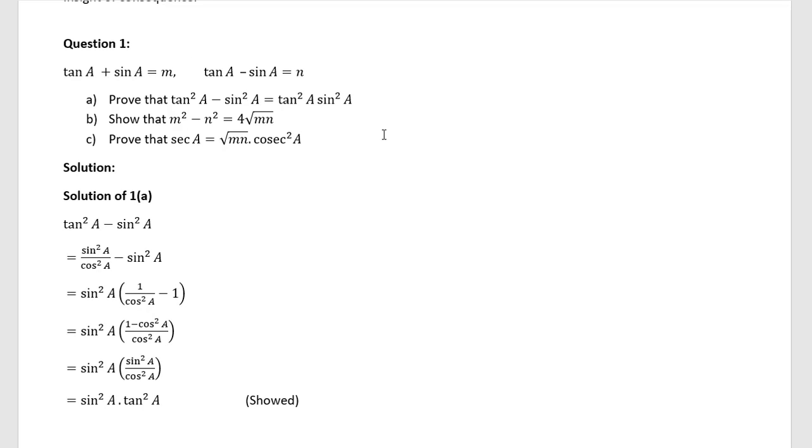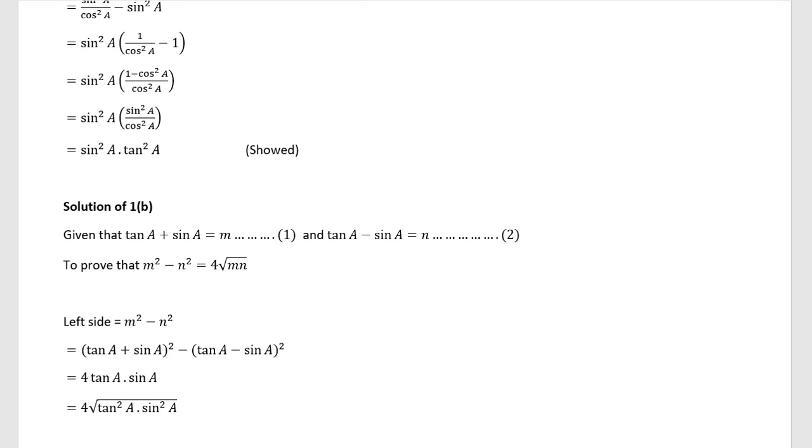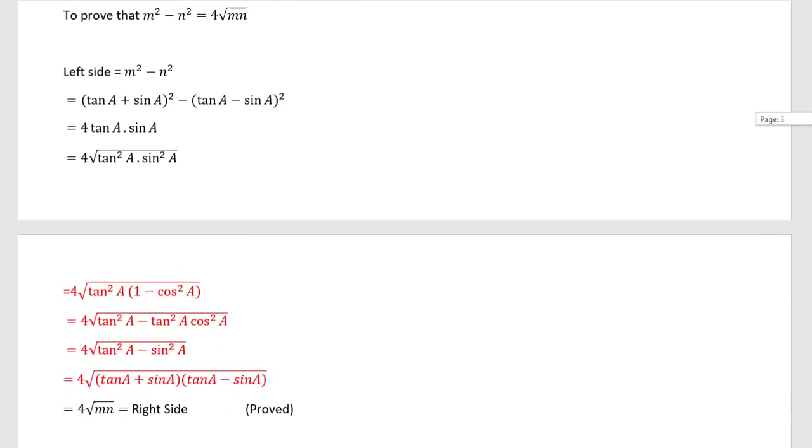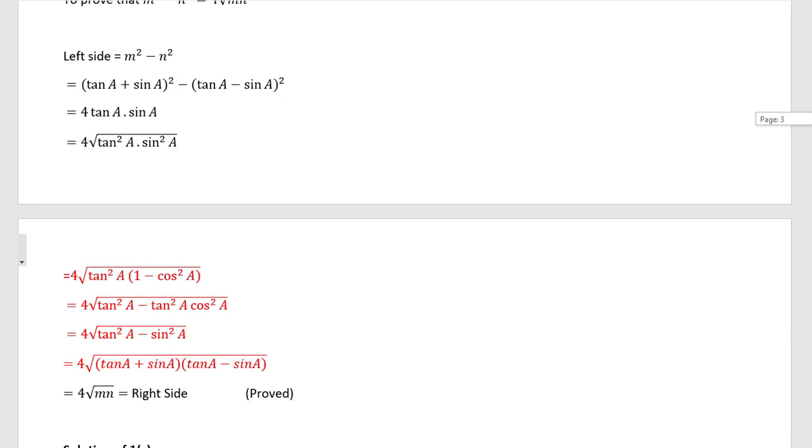Sometimes in question 1 we have gone from tan square a minus sin square a to sin square into tan square a, and in questions B and C we have done it reversely, that is tan square into sin square equal to tan a plus sin a into tan a minus sin a. So this is